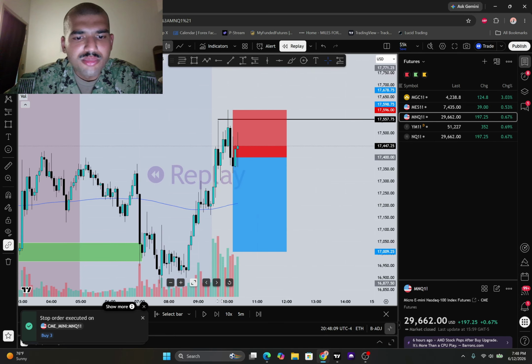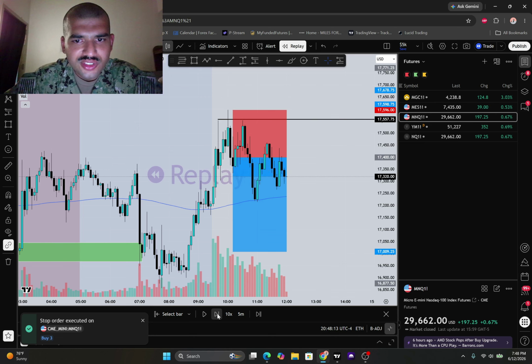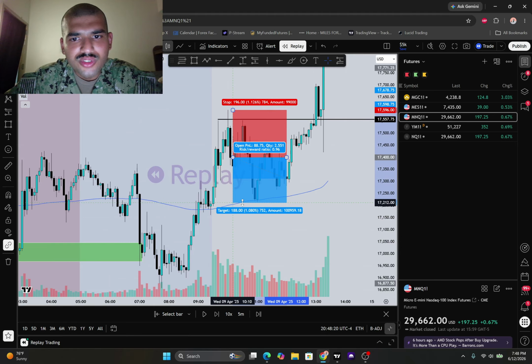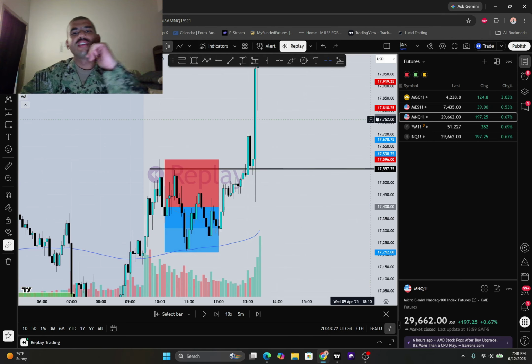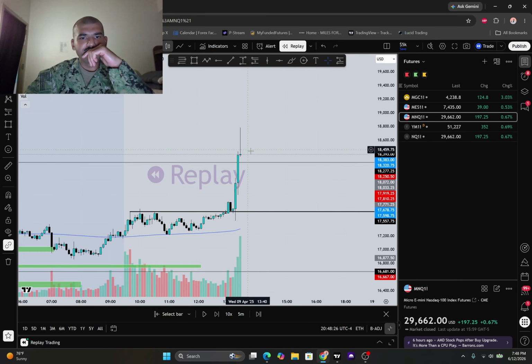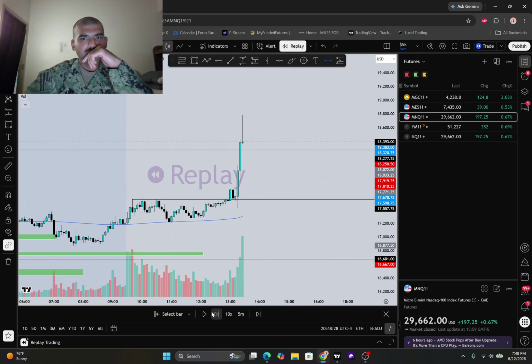That would be a solid stop loss. Well, maybe I should have put my stop loss where it was. I should have lowered my risk and put my stop loss where it was, because then I would have caught at least a 1-to-1 or close to it. You know what I'm saying? But holy shit, price went up and took out that high that we have marked. It's just booming. It's a booming operation right now.